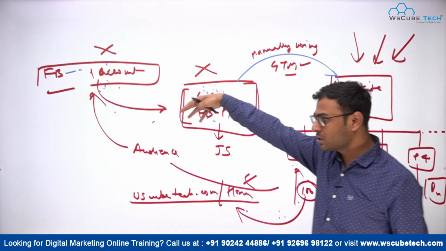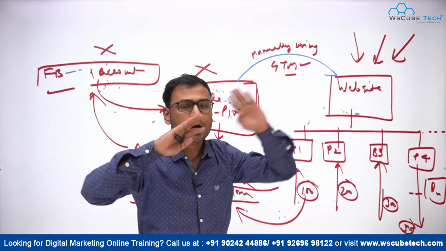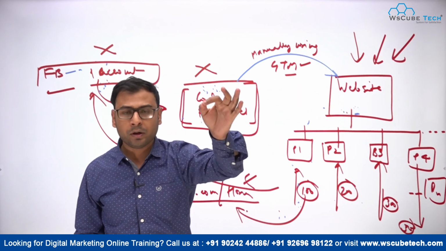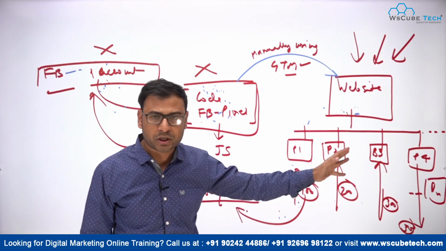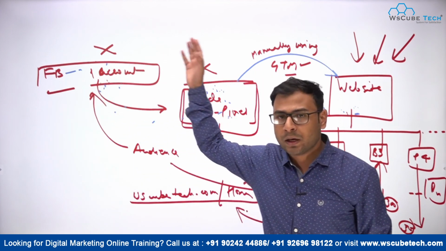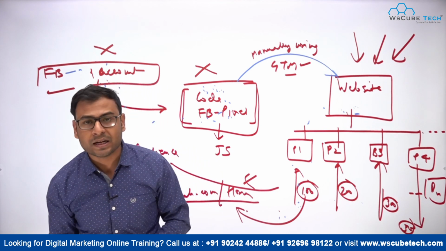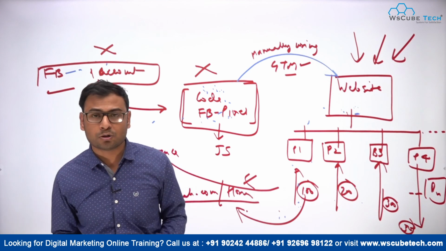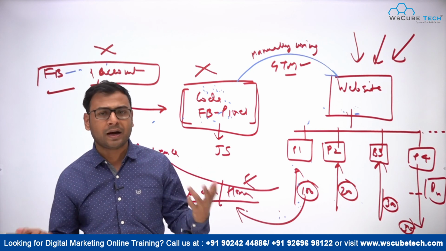So we have to extract this code from this particular ad account, and then implement this code on our website through different means. No matter what method you follow to implement this code on your website, the only requirement is that this code must be there on your website to capture all this information. Then this information will be passed to your Facebook ad account, and accordingly you will create your campaigns. So this is what Facebook Pixel is made for, and there are other advanced things that Pixel can do, but in this particular video we are only understanding the concept behind Facebook Pixel and the integration of Facebook Pixel.